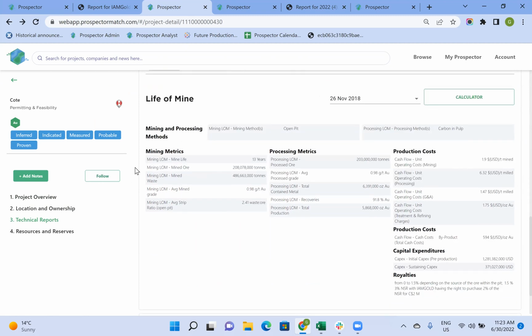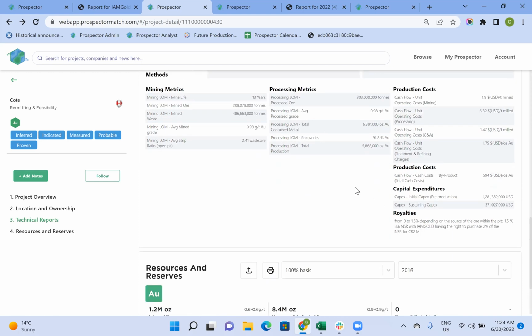So what we do is we go through and sift through these dense technical reports and pull out the pertinent information that would contribute towards the life of mine. And the life of mine is important because that's the basis of building any financial model, valuation model for a mine. And so usually you're provided with mining metrics, processing metrics, production costs, CapEx, capital expenditures, as well as royalties. And at the end of the day, what you want to come up with is an NPV, an IRR, etc. And so we pull out all these metrics for you so you don't have to sift through a 300, 500-page